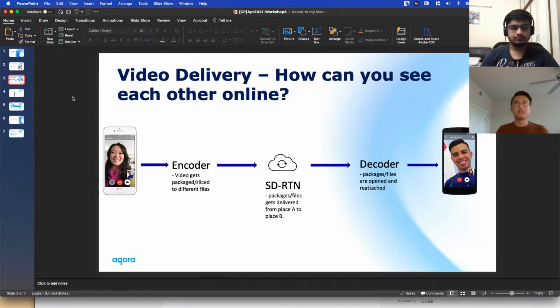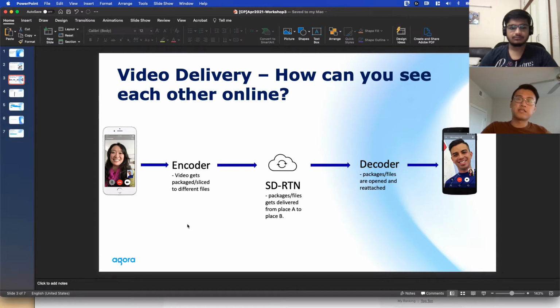So let's talk about video delivery. Let's say you open up Zoom or FaceTime with your friends or family. Have you ever wondered how that works on the back end? It is actually more complicated than you expected. As you can see, this person is person A, and this is person B. In order to allow person A to talk to and see person B, her device will have to pack her video stream through the encoder algorithms.